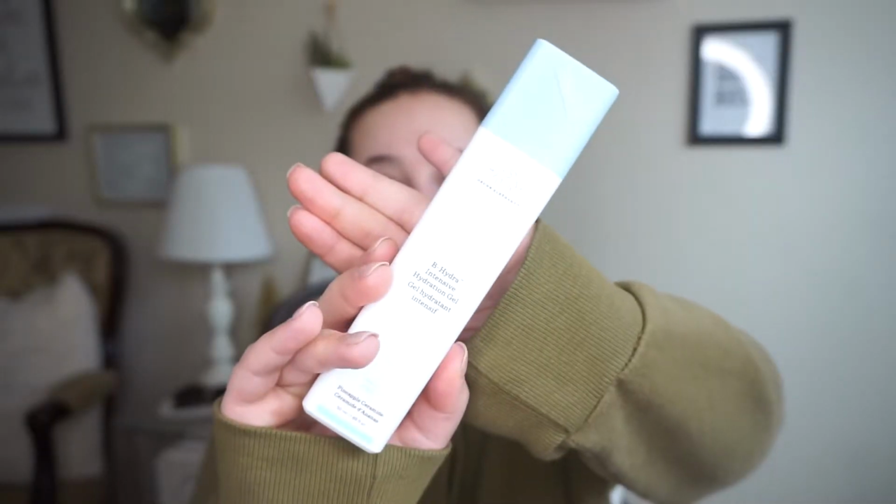The first thing I do when I get out of the shower, first I take off any eye makeup that might have run under my eyes, things like that. But then to start my skincare routine, I start with the Drunk Elephant Be Hydra Intensive Hydration Gel and the C Firma Day Serum. So basically what I do with these is I actually make a little skincare